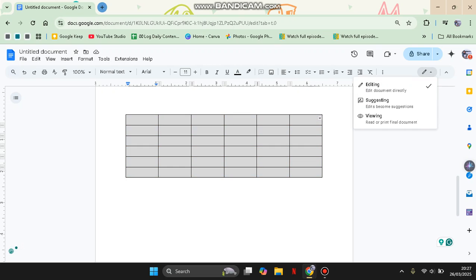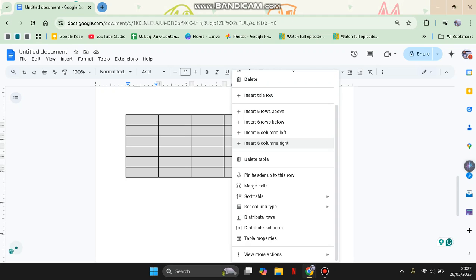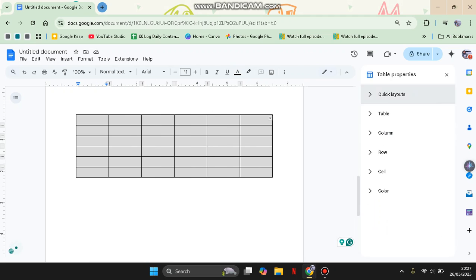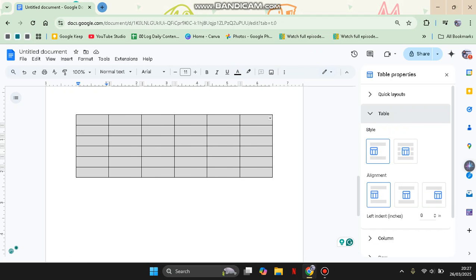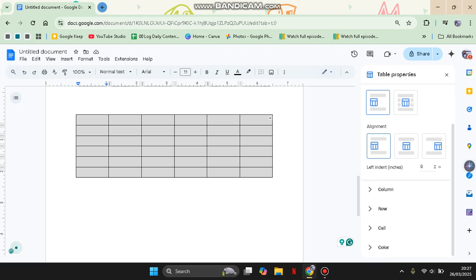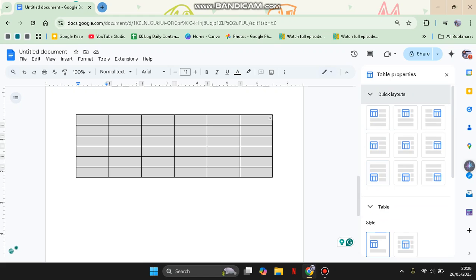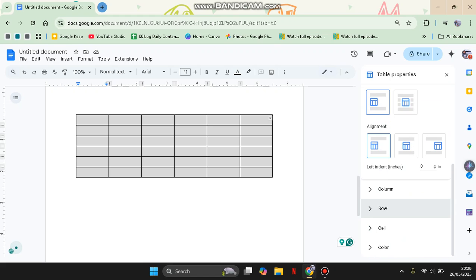Sorry, this one, click on this add. So you can just right click and find the table properties options, and in here you can click on the table. This is for the layout table. Let's see if